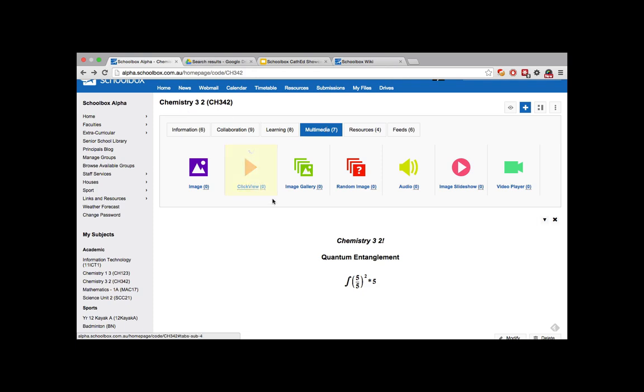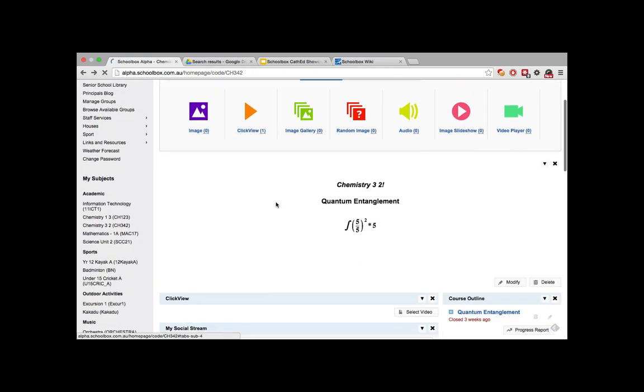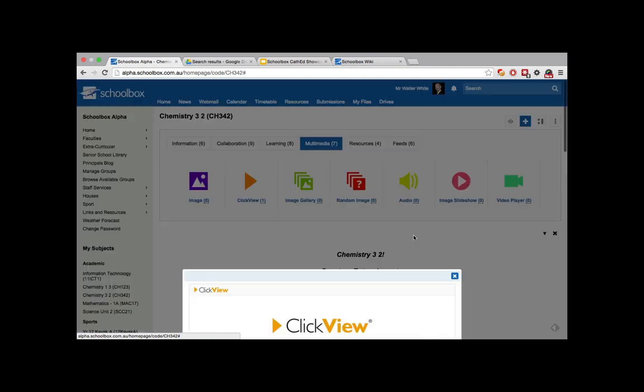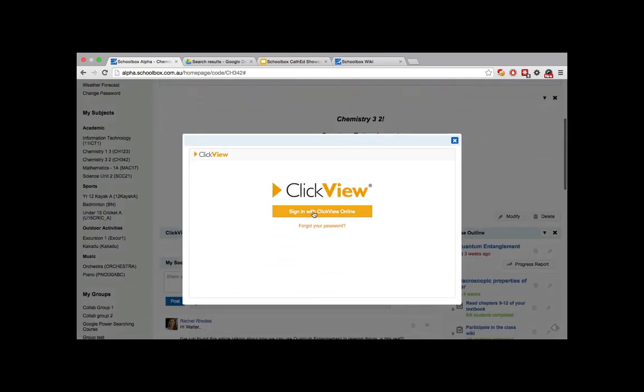I just updated the ClickView component actually for those schools that are using the system. The ClickView component now has this ability to click select video, and that will bring up the ClickView system and allow you to actually search, log in with your account, search for videos and embed them directly in the system. So it's all integrated into the system now, so it's very quick and easy. You don't have to go off to the ClickView site, find your video, then embed it. It's all